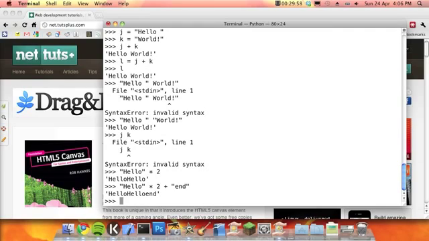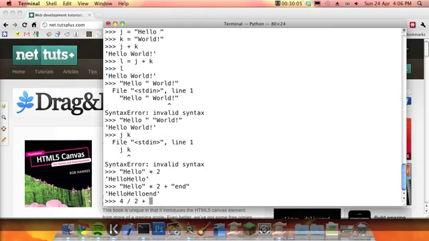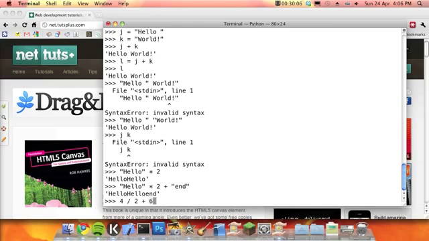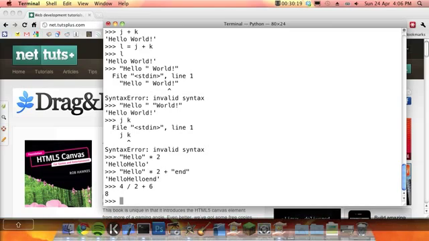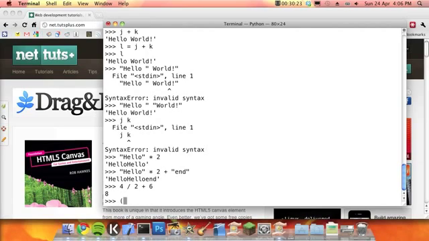And obviously that will work in the maths operators as well. So 4 divided by 2 plus 6. And then we will get 2, and then it'll add 6 to it, and we'll get 8. So you can put as many as you want on one line. You can also use brackets like you would in regular maths if you wanted to separate them in a certain way. So you could do